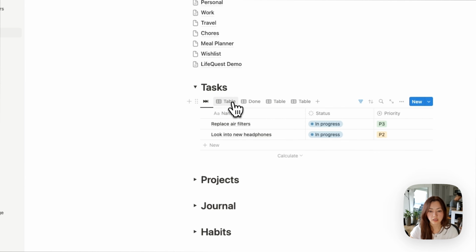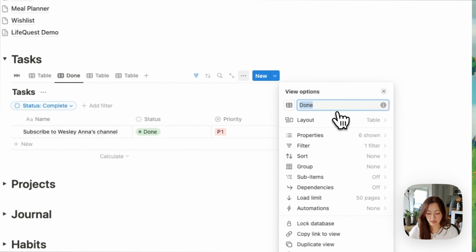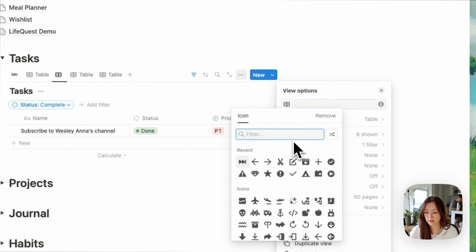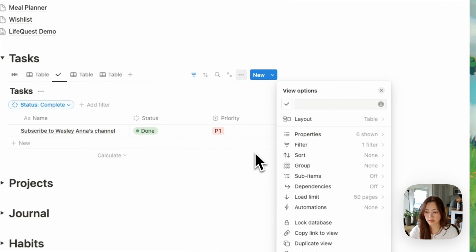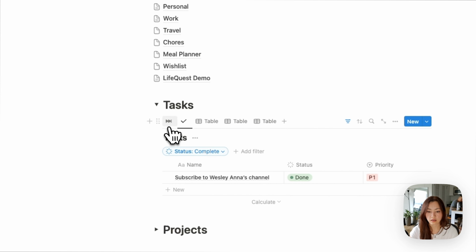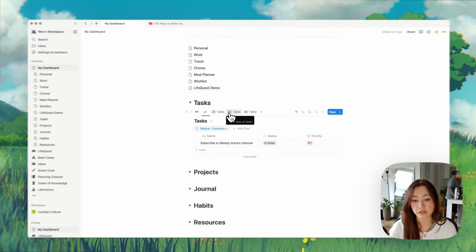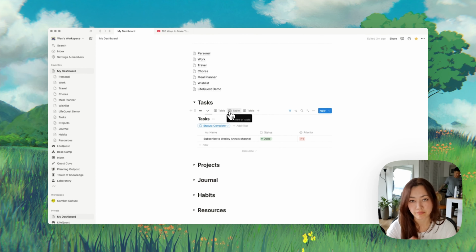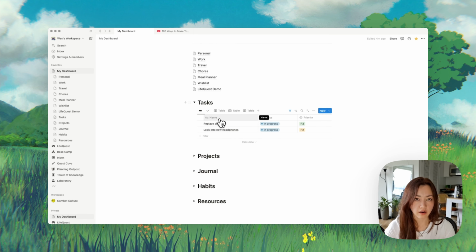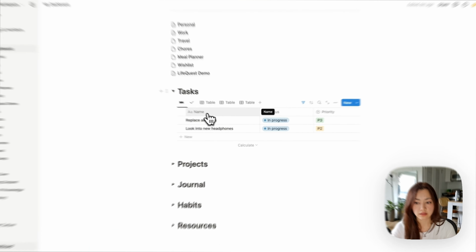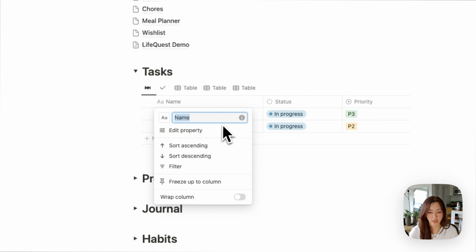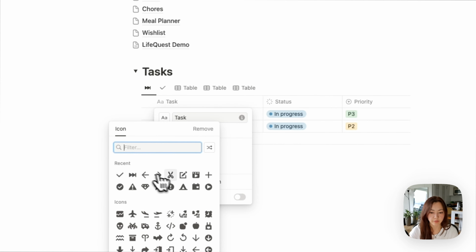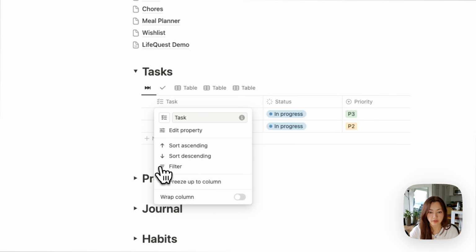And we can also change this one and say, space again. Choose maybe this check mark. And you can continue to do this with any tabs that you want to minimize and shorten, or of course you can still keep text there if you'd rather do that instead. And the icons within these properties are also customizable as well. So you can click in here and you can actually change the name. So let's say Task, because that's more direct,